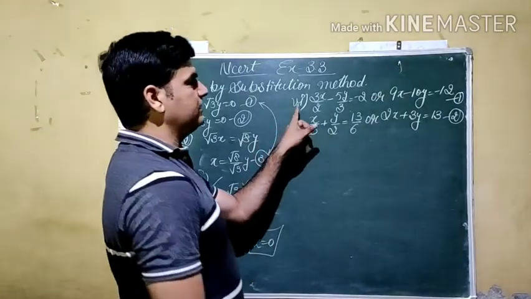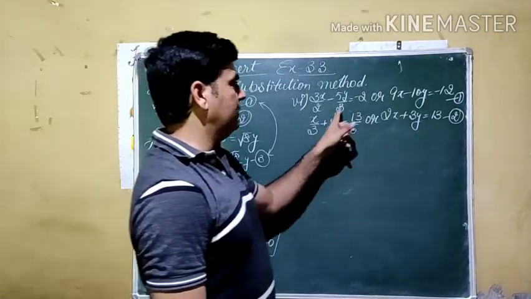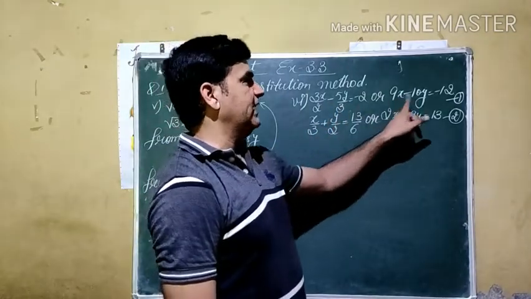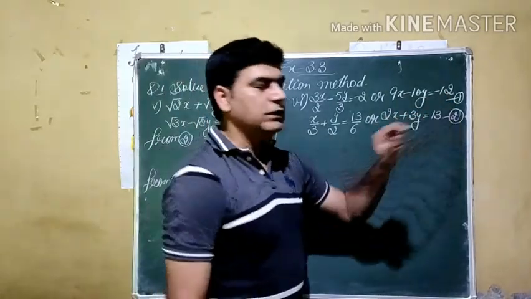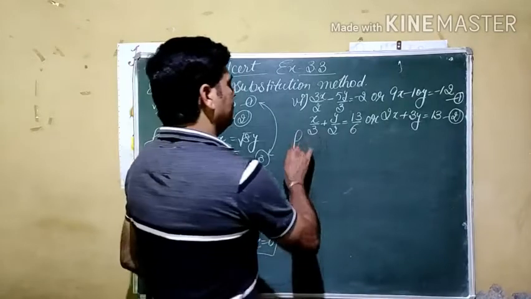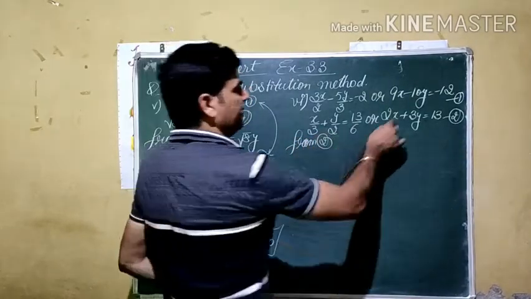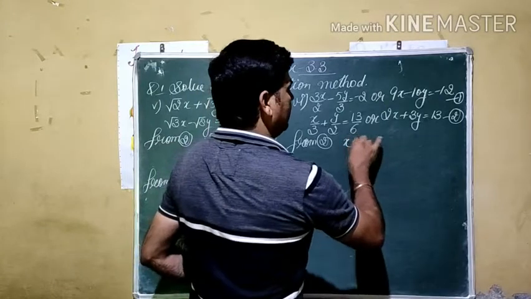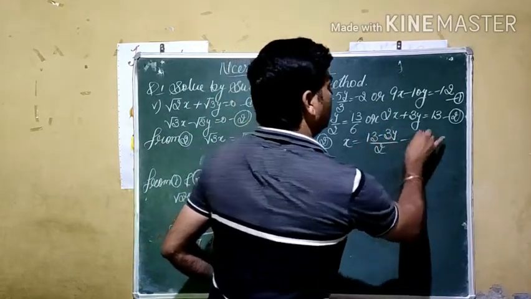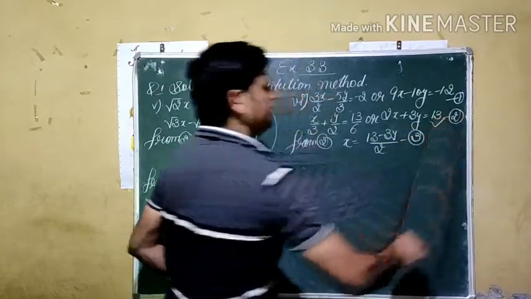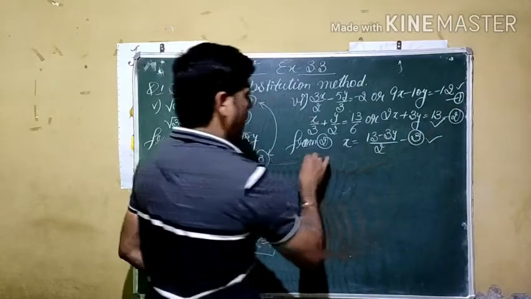Now we are going to do the 6th part. The first and second equations are both given in fractions. We simplify the fractions first. We get 9x minus 10y equal to minus 12 and 2x plus 3y is equal to 13. From 2 we get the value of one of the variables, whichever is easier. We are going to take x here. So the value of x from here becomes 13 minus 3y divided by 2. As we used the second equation, now we are going to simplify with 1, from 1 and 3.